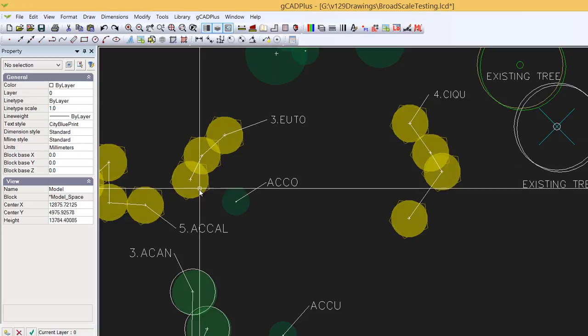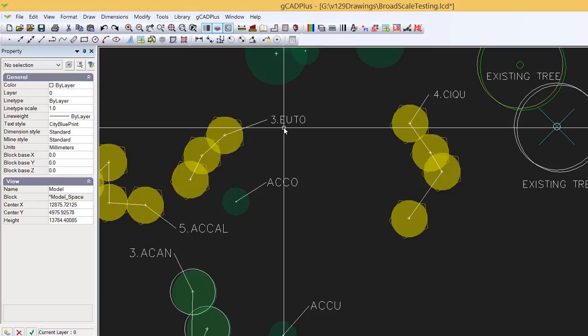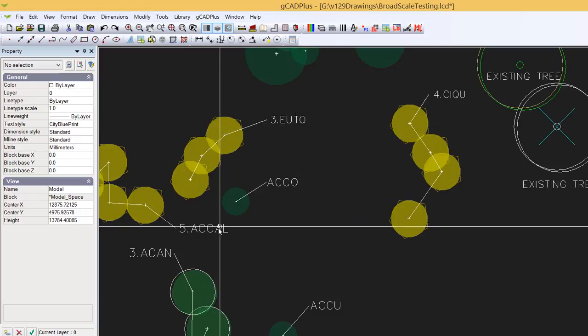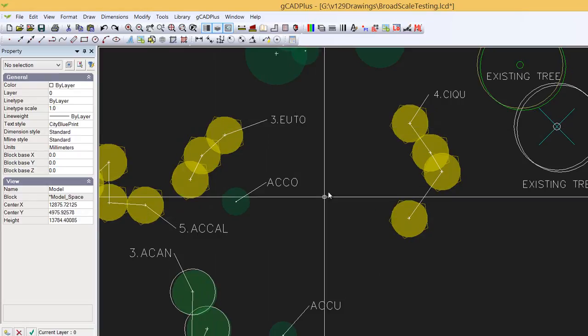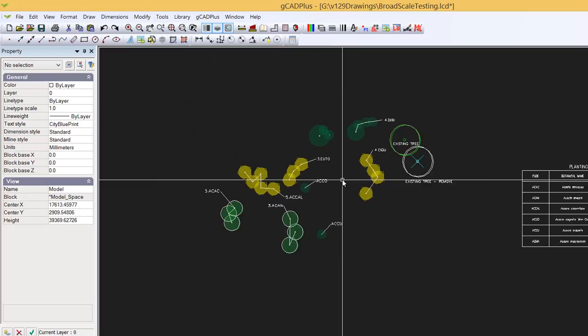But over here the same symbol has been used to link to 3 examples or 3 specimens of Eucalyptus torquata and so on. In order to make the plant schedule, we simply go gCADPlus